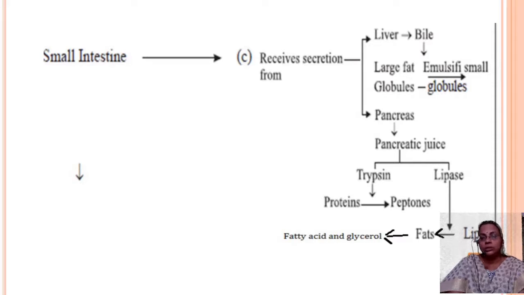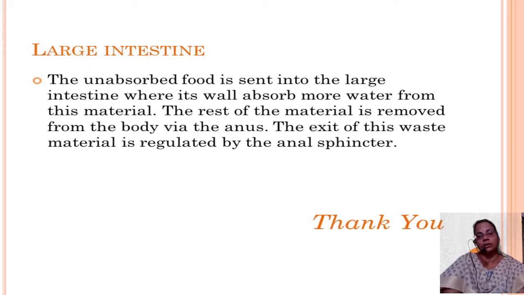So what is the net result? As a result of the intestinal juice plus pancreatic juice plus bile from the liver, the complete digestion of food takes place. That means proteins will be converted into amino acids, and carbohydrate will be converted into glucose, then fats into fatty acids and glycerol. And after the digestion, it will be absorbed, that is called assimilation. It will be absorbed into the minute finger-like structures, and then the remaining undigested materials will be passed on to the